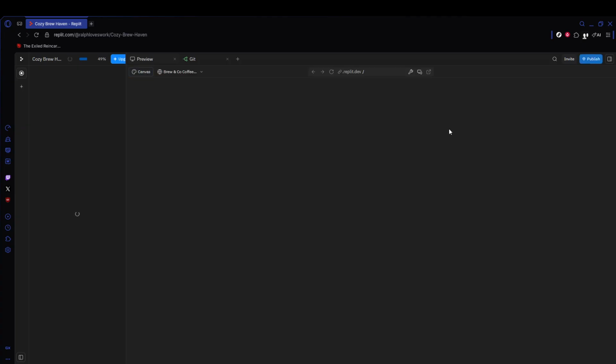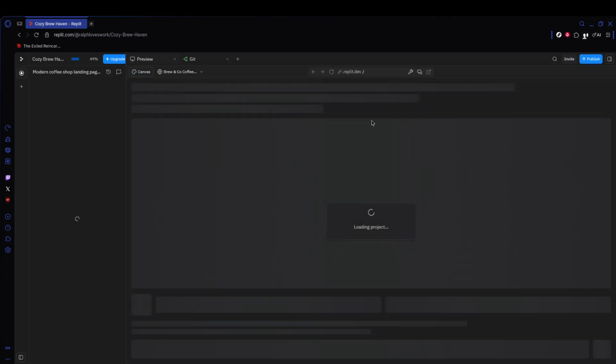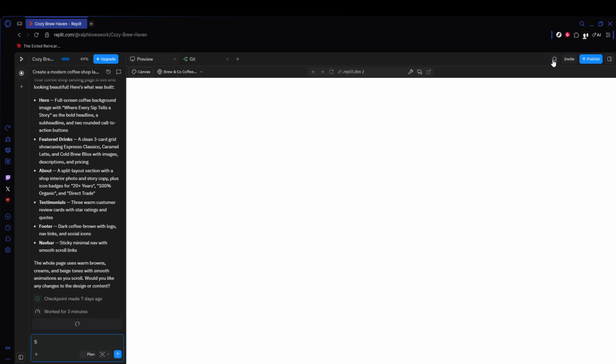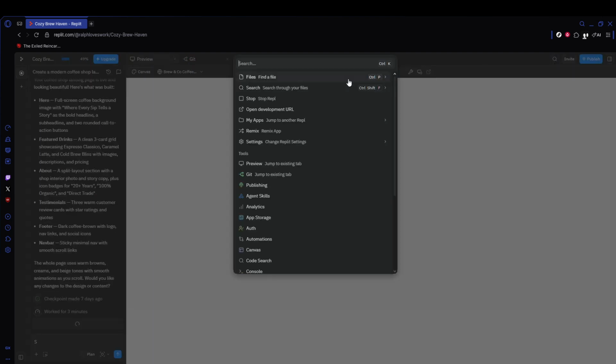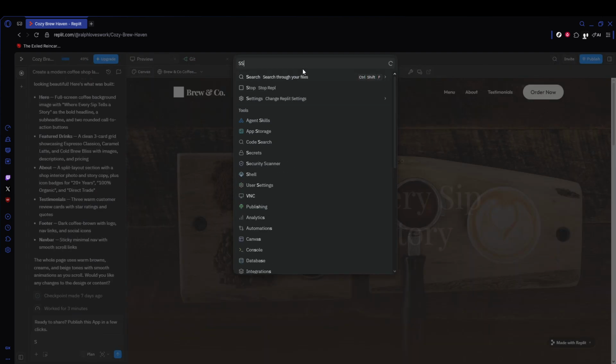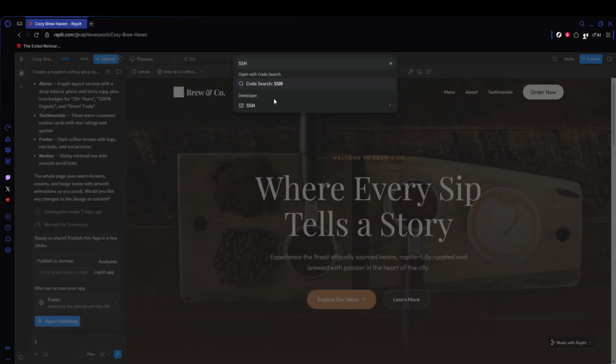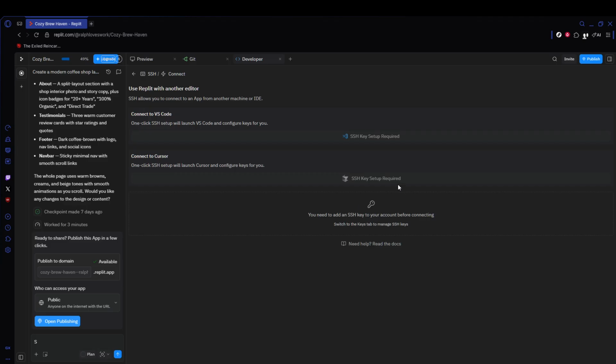Finally, to connect to Cursor or VS Code using SSH, your account must have an active Replit Core subscription. SSH access from desktop editors is a core feature. Without Core, you can still code in the browser, but remote connections from Cursor or other editors won't